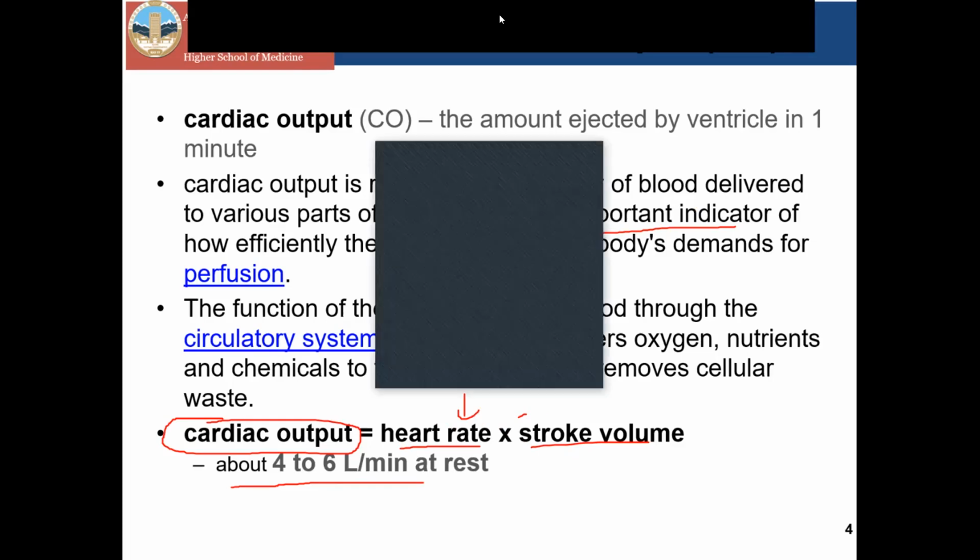No. I mean one beat for each part of the heart. I mean the four chambers. One beat for each part of the heart. No. Yes, I understand. Yes, not each part. Where pulse, it means